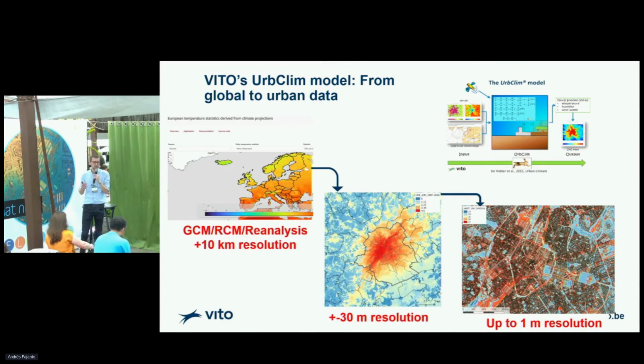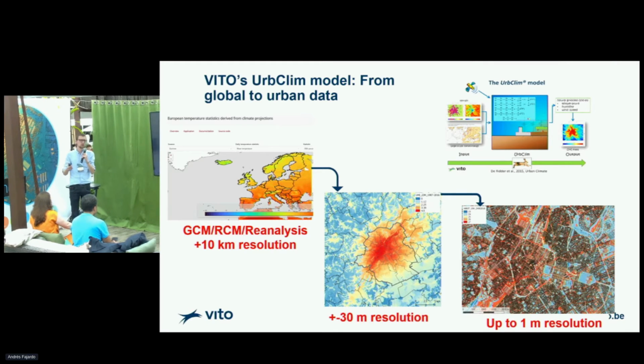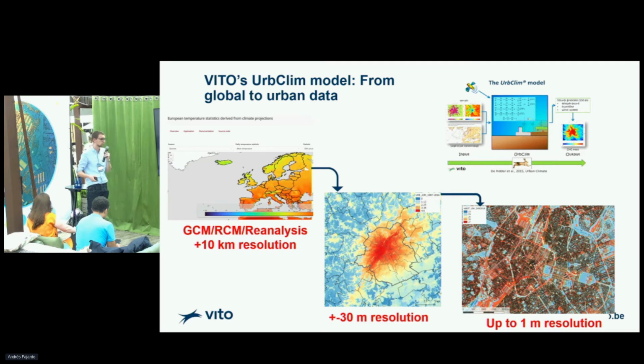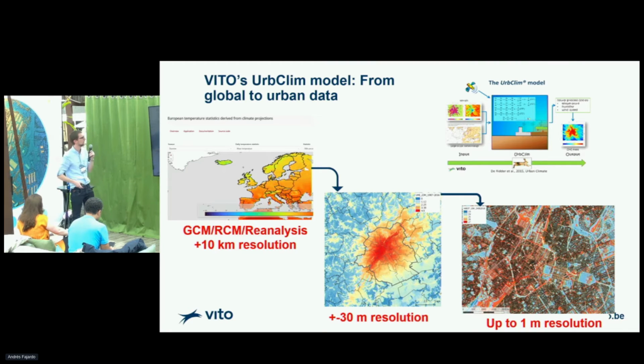Very quickly, why do we need this information? What we normally use when we have climate models, we talk about a scale of 10 kilometers or more. So cities are not represented in there. As you can see, the temperature, even if there are cities, is similar over the whole continent. But if you zoom in and really focus on these cities, you see that, like Nick has shown and also Knox has said, these cities are warmer than their rural counterparts. That's why it's needed to have a higher resolution. And that's where our UrbClim model kicks in.